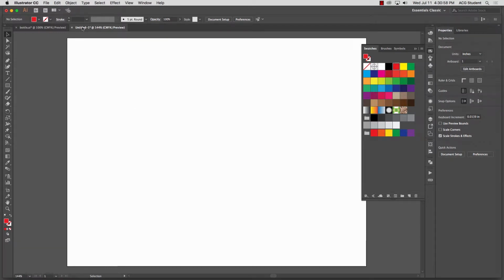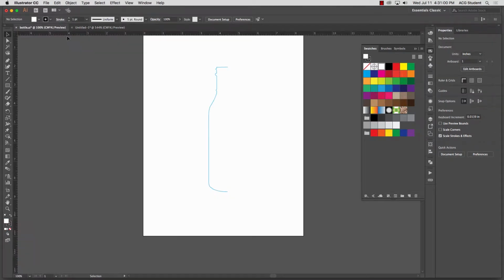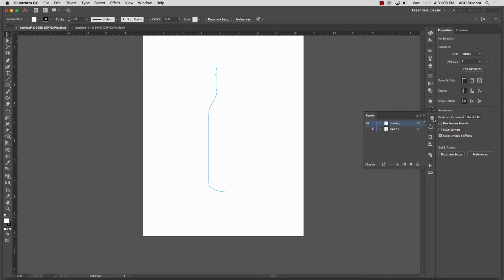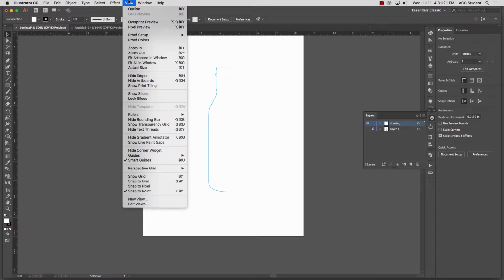Now this one, what I did here, I started off with this image of a bottle, okay? And if you see what I did here, I just outlined one side of it, and it lines up. Another thing here, you guys, if you go to, let's see if I can find it,